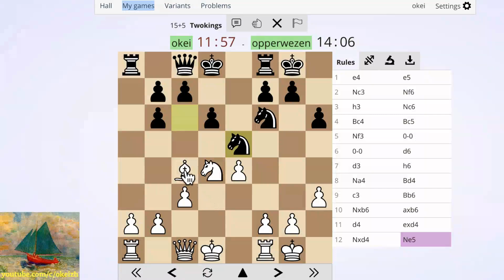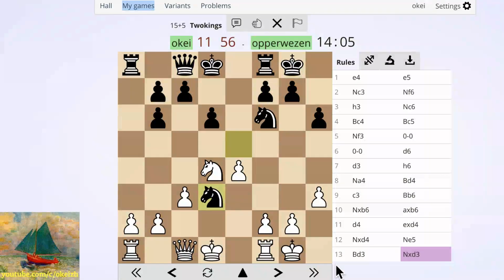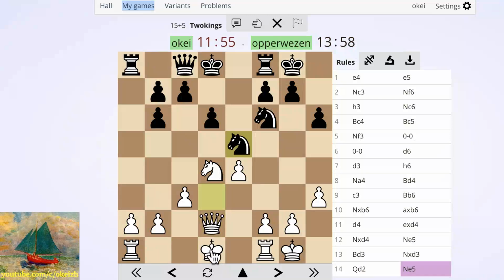Could just back off and try and be very greedy for material. I think I'm going to do that. Oh my... Oh, I hate this. Yeah, my subconscious is just kicking in and saying d3 of course is defended by the queen. So I'm not really giving opperwezen a proper game here. But